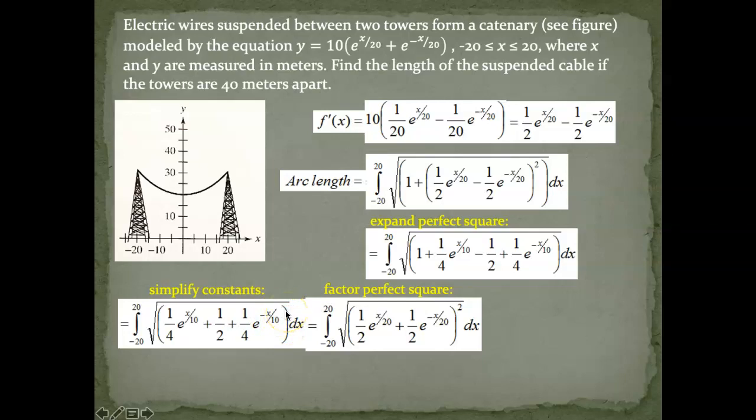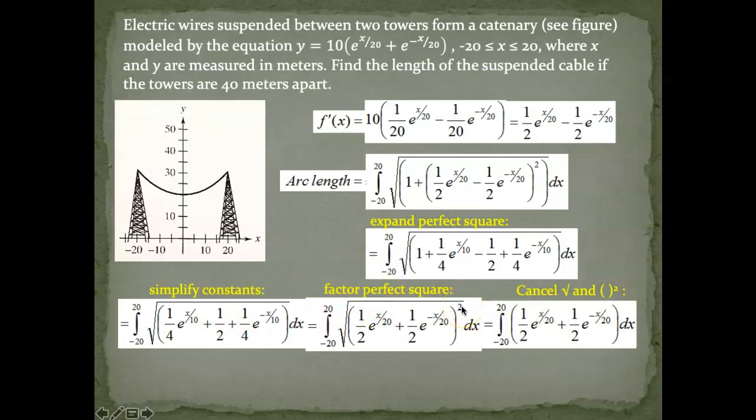So that's going to help us to factor it. So that's why we get 1/2 e to the x over 20 plus 1/2 e to the -x over 20, and that is now all squared, okay? If you need to review that, you can pause the video now and square it by hand, and you'll see that this is what you get, okay? Now, after all of that work, we can cancel this square root and the squared, and then we can